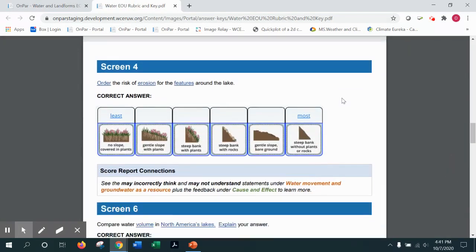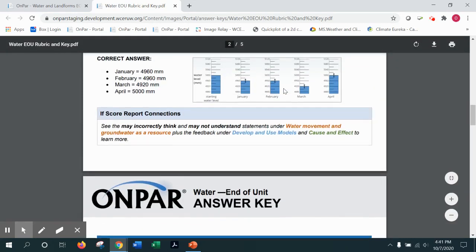So let's go down, I'll show you the only correct answer. We did have some discussion, some teachers asked about the rocks, but it turns out that something holding the soil in place rather than nothing overpowers or trumps the slope. So with the rocks in place, you can have soil held on a steeper angle than if there's nothing at all. All right, then we go up to the scoring